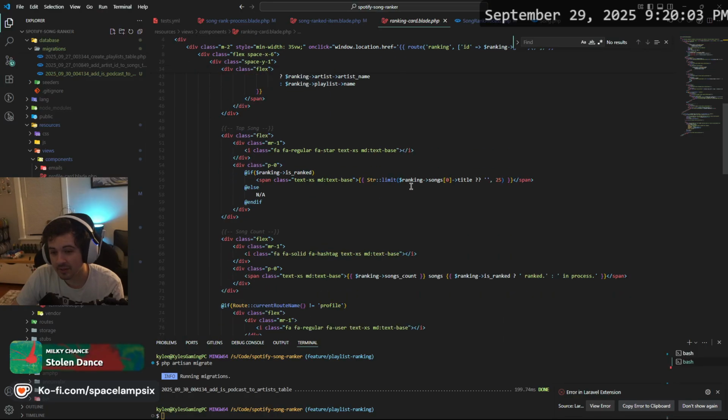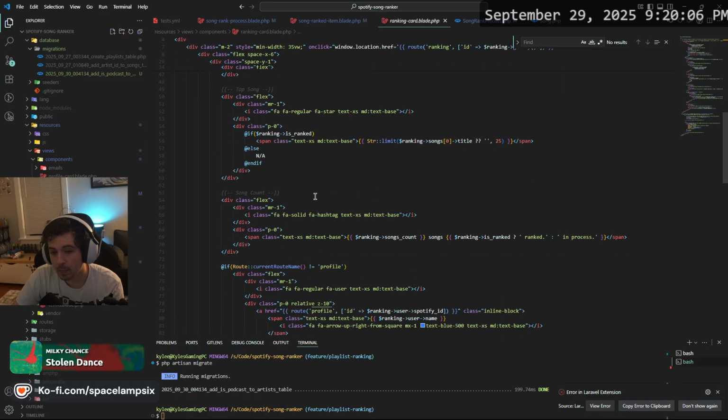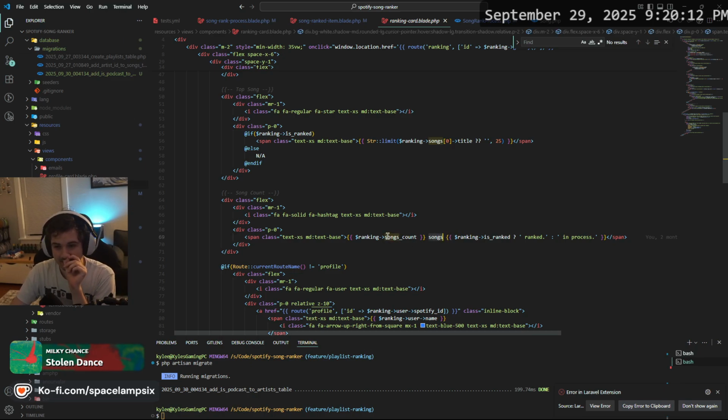Ranking card. Where do we see song count? Songs. Now this text, all this text has to be conditionalized. How do I get if any songs are any songs?